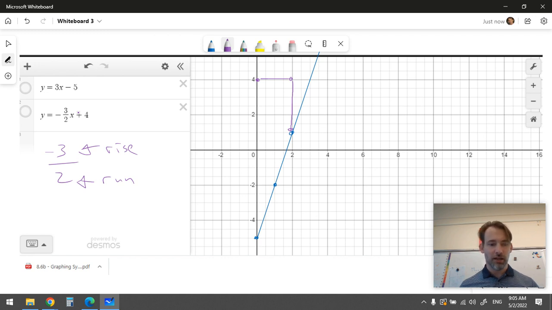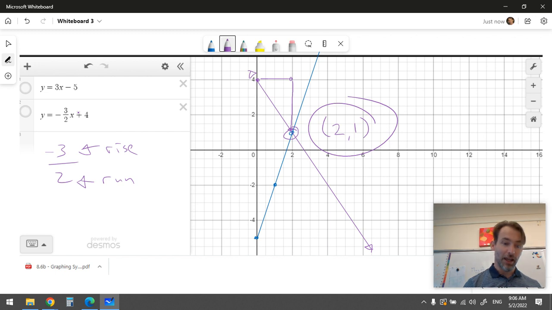And I can put a line through this point and that point, and then it goes that way. There. And then, put little arrows on your lines to indicate that they do go on to infinity. But the part of infinity that we're interested in is that point, which is 2, 1. That's the answer. Final answer, circle it, be proud of it, pat yourself on the back, and then you can,